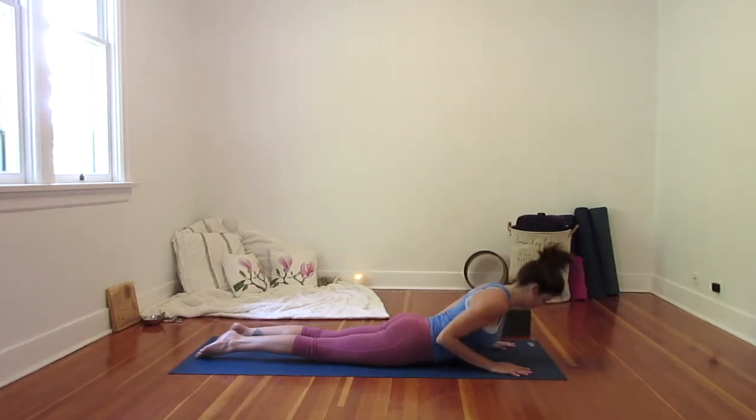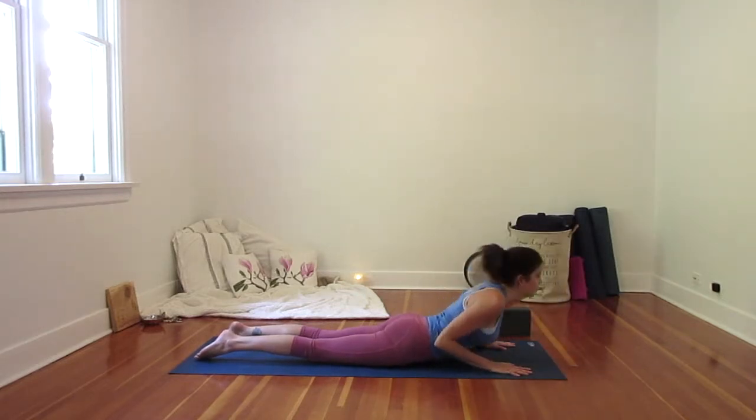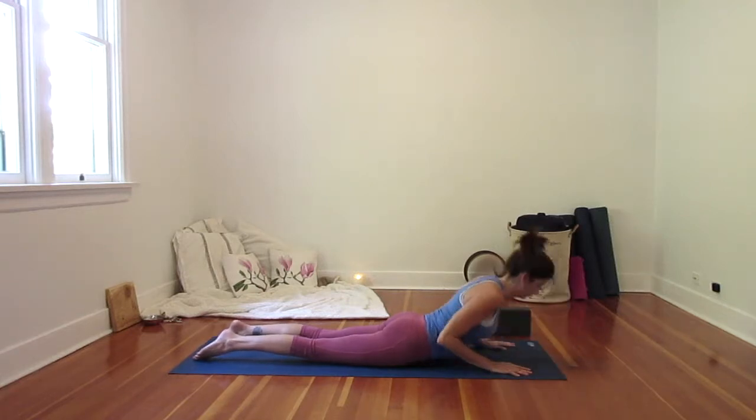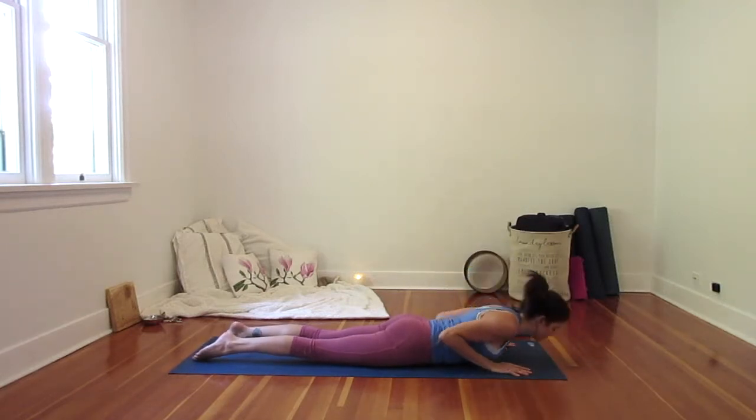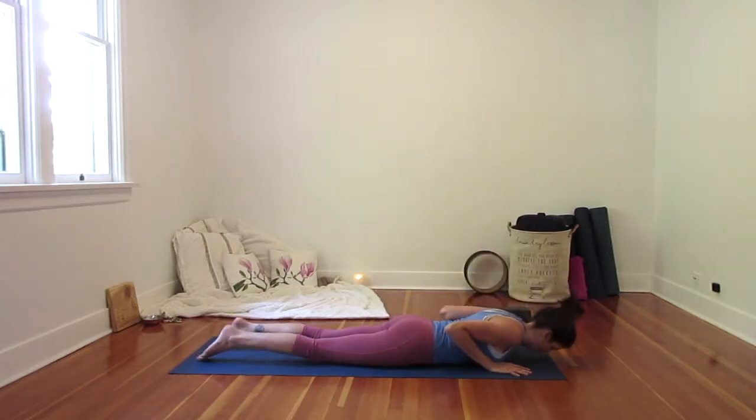Exhale, lower. Inhale into your cobra. And exhale to lower down. Elbows in tight. Shoulders away from the ears. Only pressing up as much as your spine allows here. 8 or 10 reps, working the biceps, open the chest, take the gaze forward as you inhale, exhale, lowering down with control,